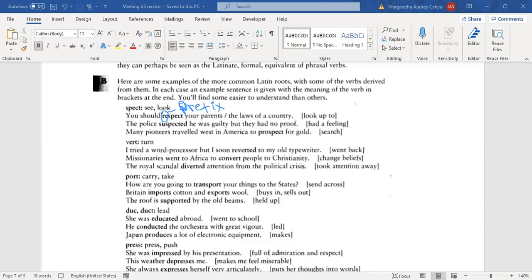That's why you were unable to really guess, even though this spect means see or look, walaupun spect itu adalah untuk melihat atau mencari, ya, you cannot really guess about the meaning. Kalian kan nggak bisa menebak artinya itu apa dari root words ini,